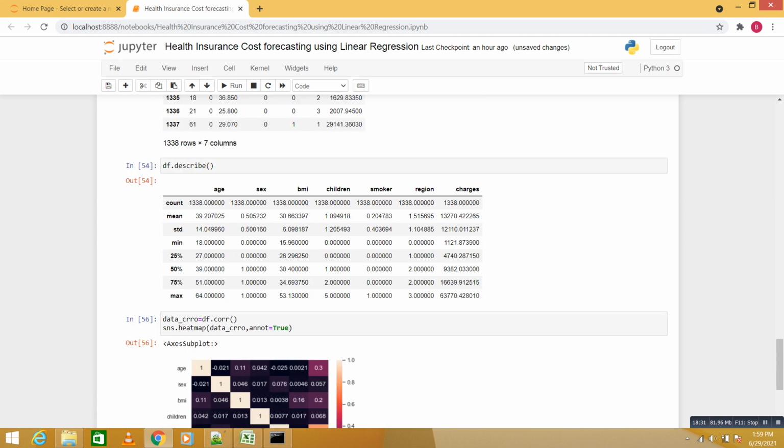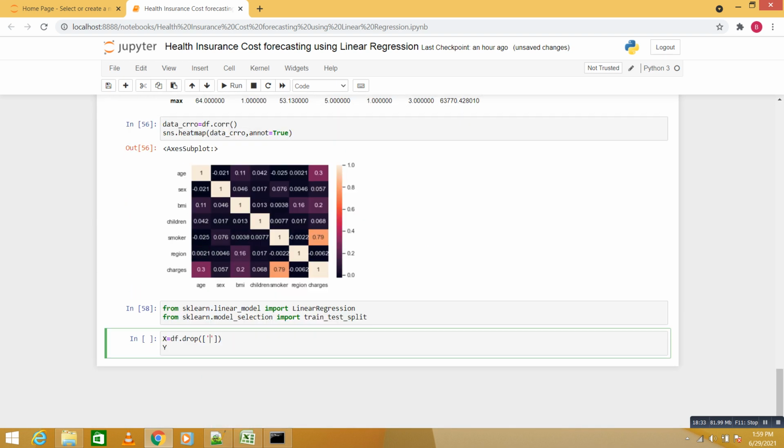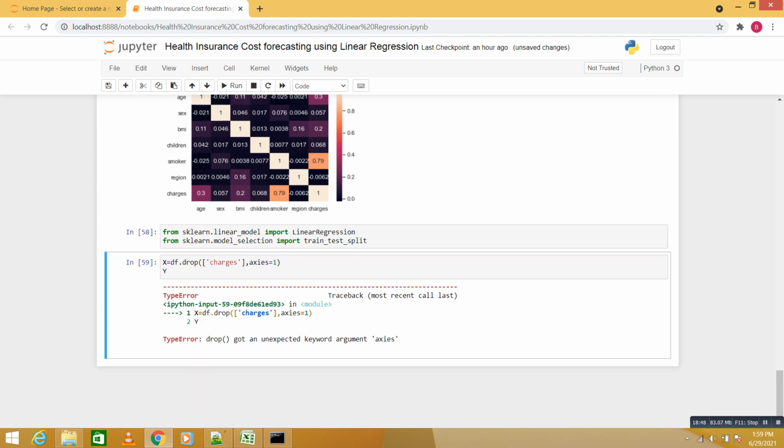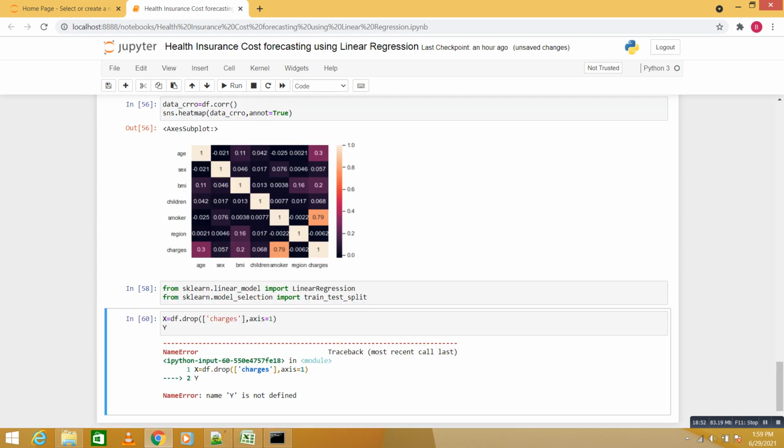And y is equal to only data dot charges.